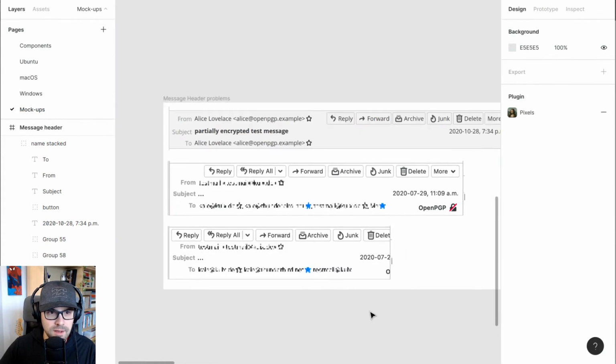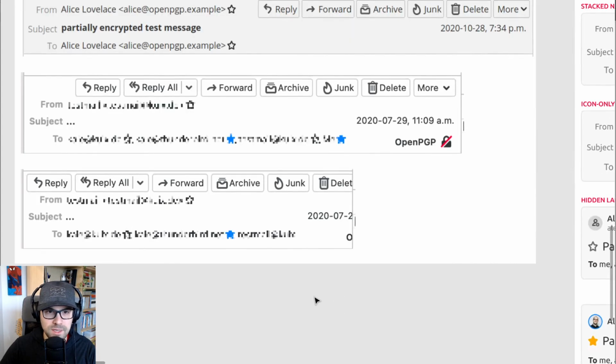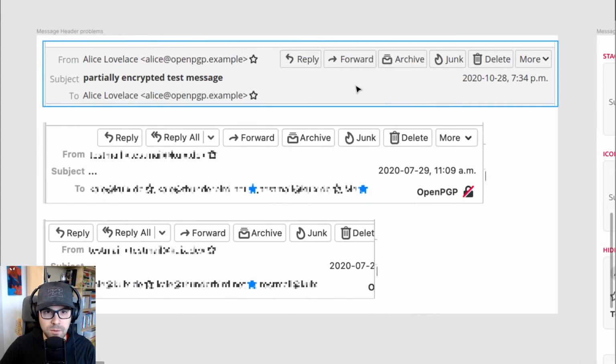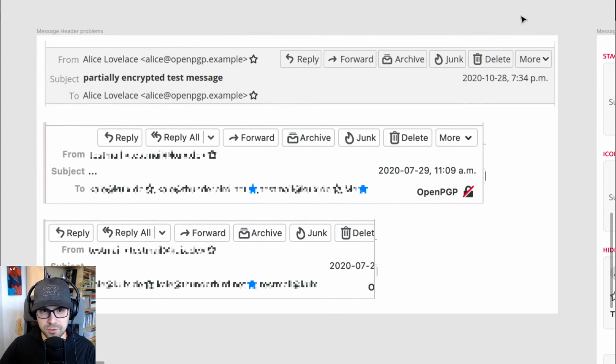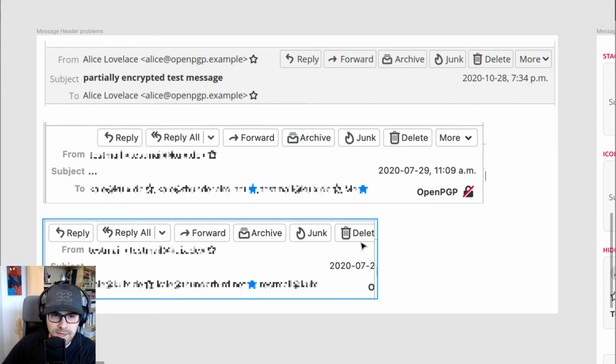This is the current situation that we have. This is a quick example of screenshots that I took in order to show what's working and what's not working. The first one is just from Linux, a simple screenshot of the standard situation of the message header. Here, this is pixelated because I just hid the email addresses, but here you can see the first problem. When we shrink down the window a little bit, the buttons go on another line on top, and if we shrink it even more, the buttons don't readapt, they get cut out. The whole content is not reachable because we don't have a scrollable area,